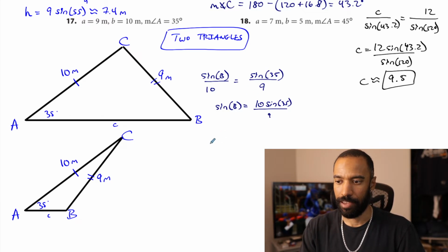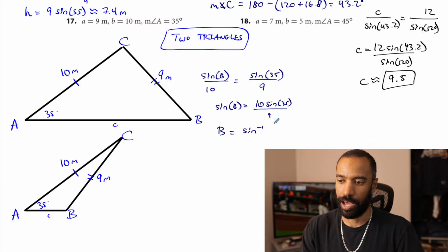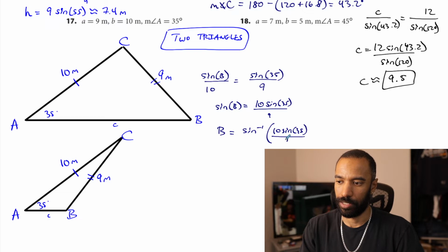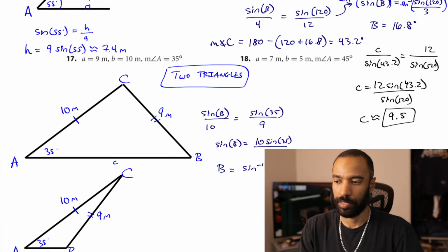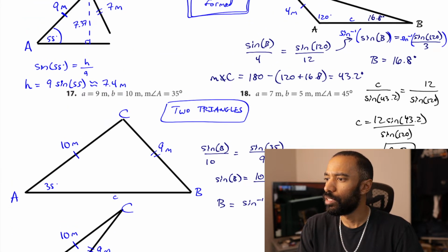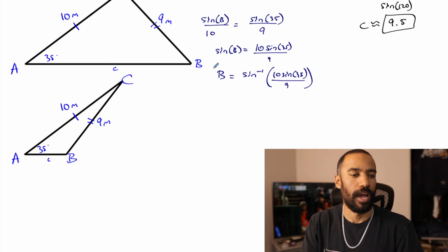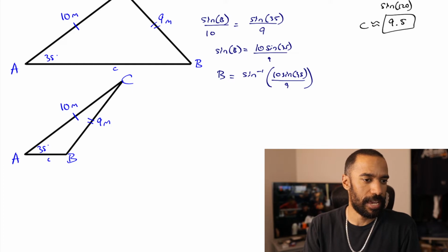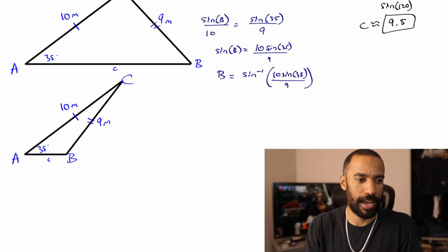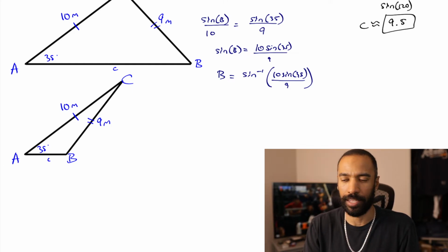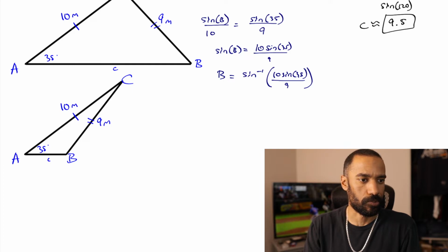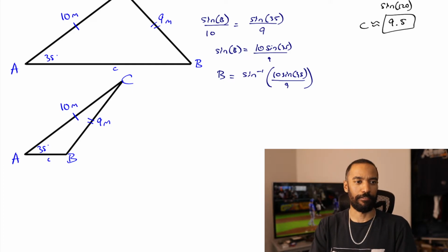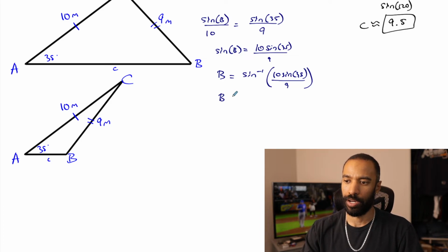If I take the inverse sine of both sides, you'll get B is the inverse sine of 10 times sine of 35 over 9. Like that. Give me 1 second. Oh, that's right, because we reduced the fraction. Okay. Sorry. So the inverse sine of 10 times the sine of 35 all divided by 9 is 39.59 degrees,